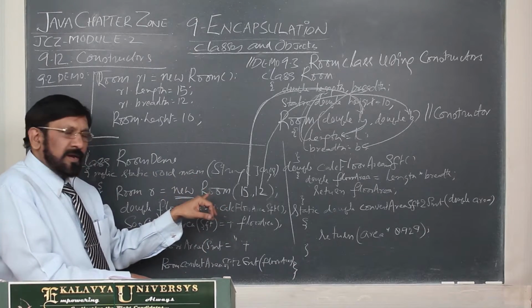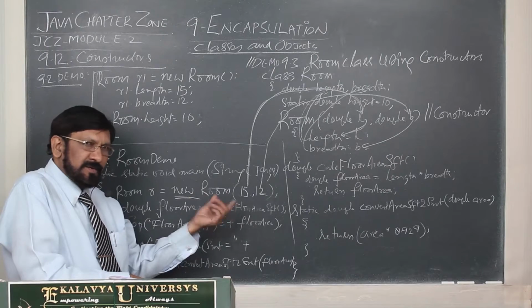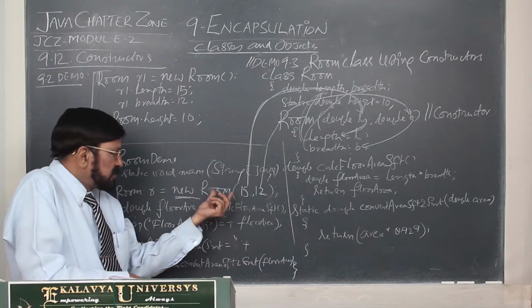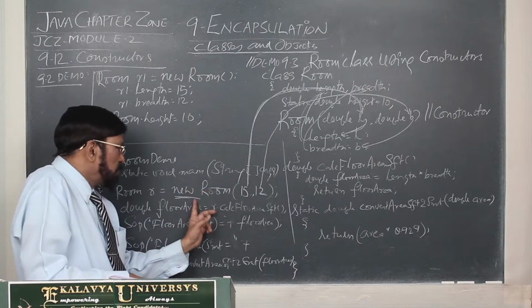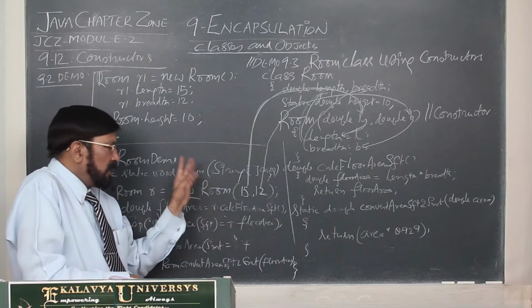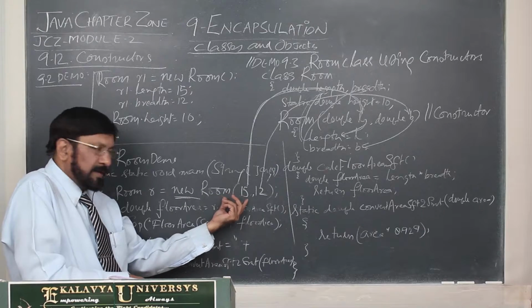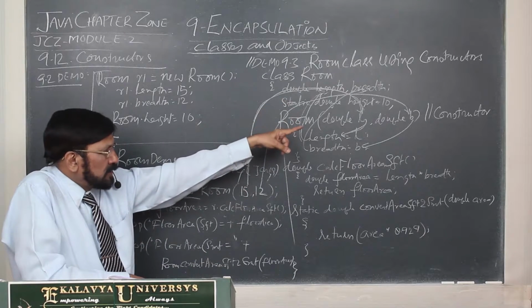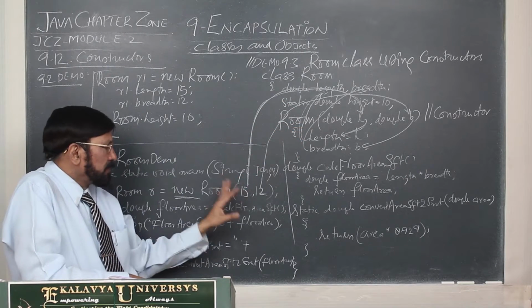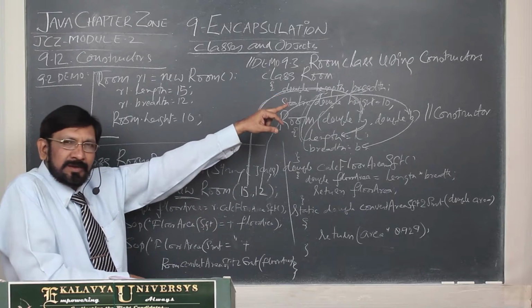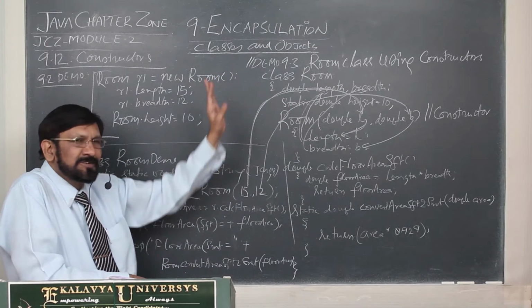Second one, it calls the constructor. Already I told you, a constructor is nothing but an initialization method. So new calls it. As soon as the call is being made, what happens? You know that this is like a method call. Then the arguments are passed as I explained earlier. Then ultimately the corresponding instance variables are initialized.